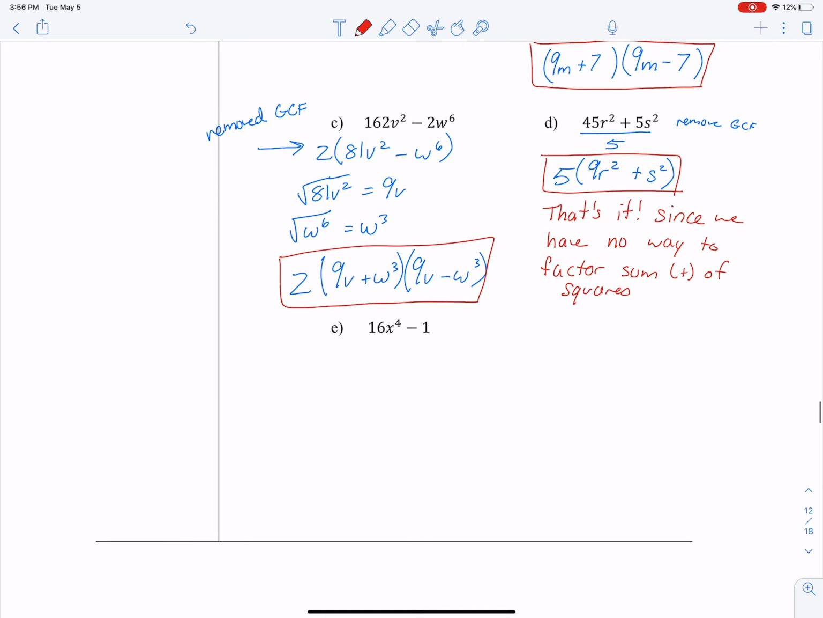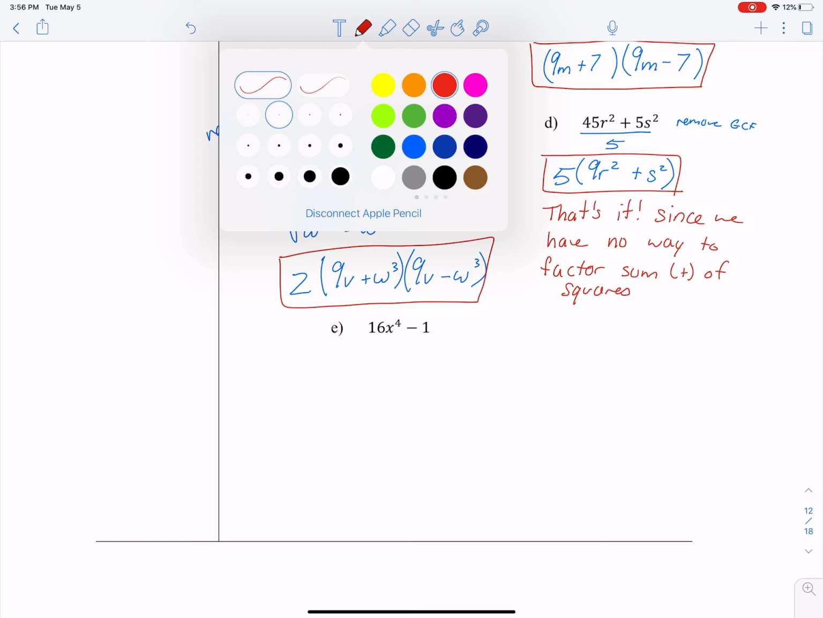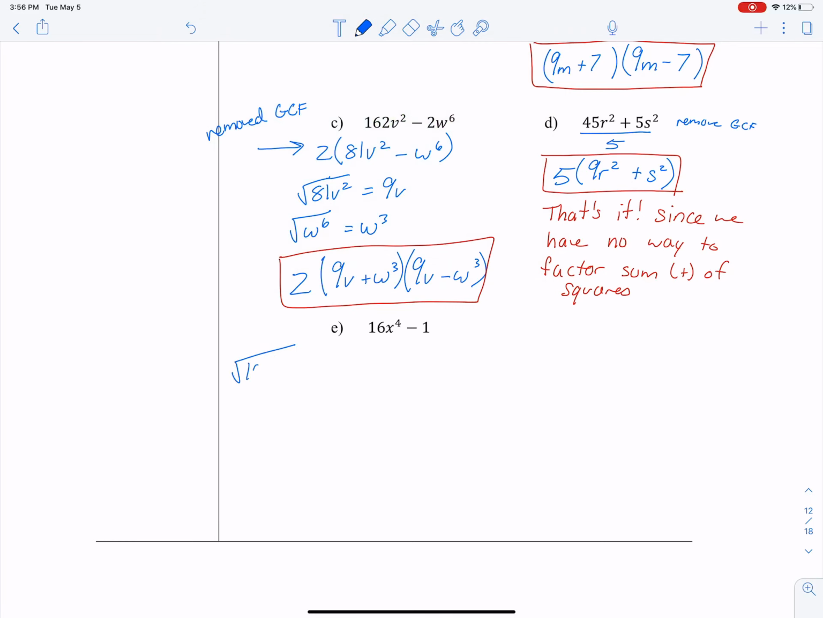Okay, so let's do one last example. First we're going to see, is there a greatest common factor that can come out of these? There is not. So we're going to do the square root of 16x to the 4. The square root of 16 is 4, and we end up with x squared. And we're going to do the square root of 1, which is just 1. So we write this as 4x squared plus 1,